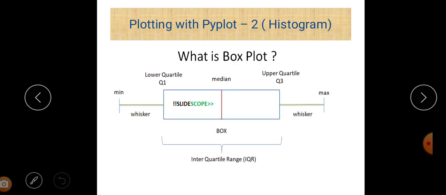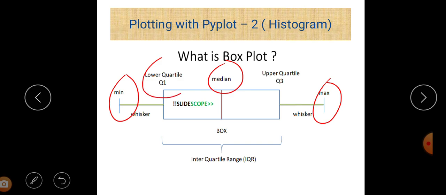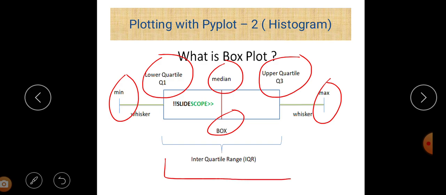And that is the representation of a box plot. Here you can easily see the median of the data set, the minimum value, the minimum range, the maximum, the lower quartile represented by Q1, and the upper quartile represented by Q3. This is the box, and in this box it is the inner quartile range, IQR. Okay, and this is the whisker, the difference between the inner quartile range and the max quartile range on both sides of the inner quartile range.